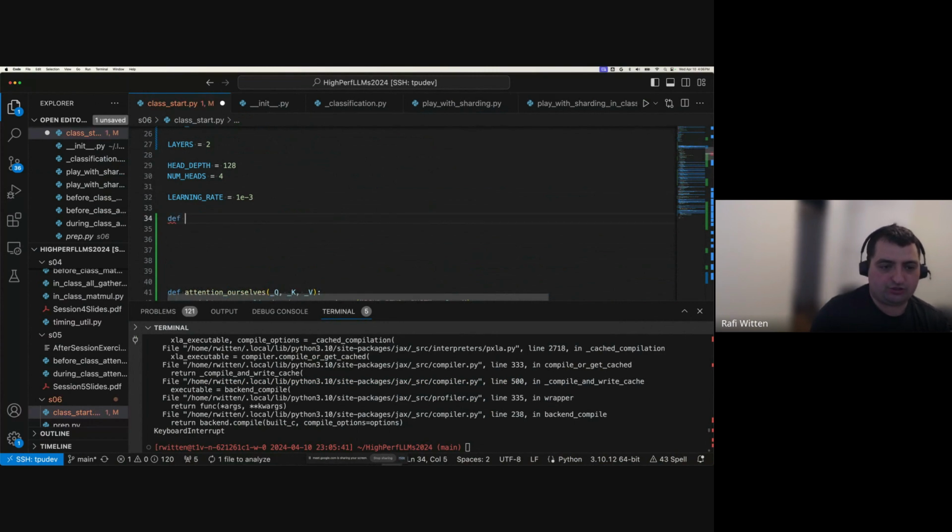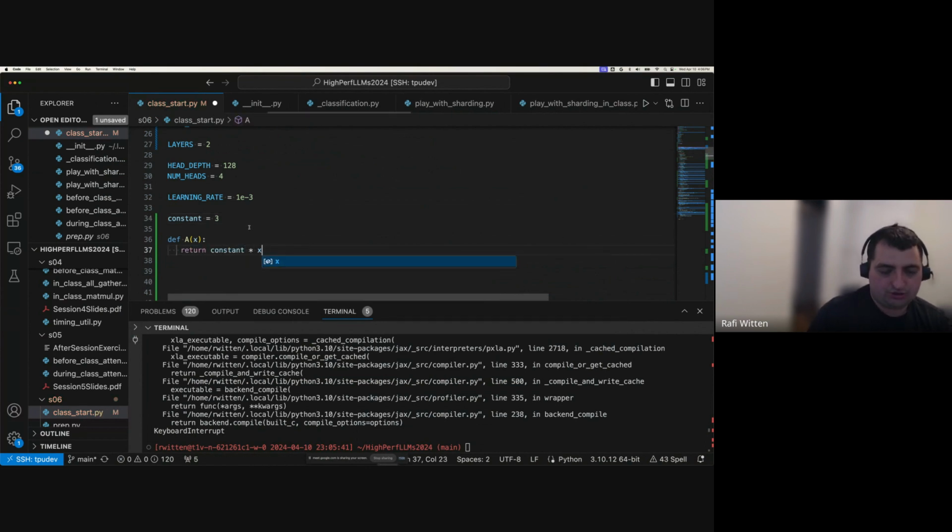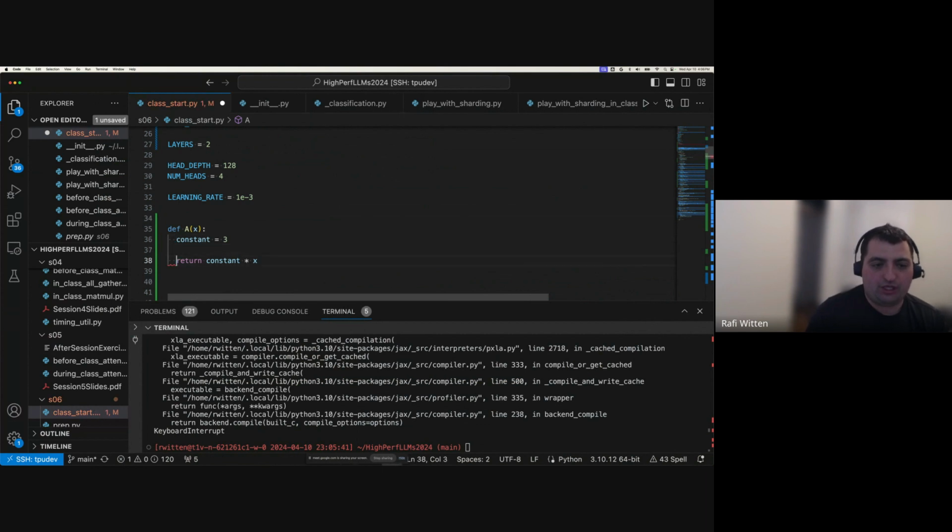So maybe if you think about this function in Python, we have the function a, it takes x, and it returns, there's some constant, 3. Wow, I did not type well. Then we return constant times x. So what we're imagining here is when we call a, we get 3 times x, right? And the way you're thinking about this probably is the constant that lives here, you could just as easily say it lives here. It's part of the function. It's built into the function. But those are different things, right? The value of a could change